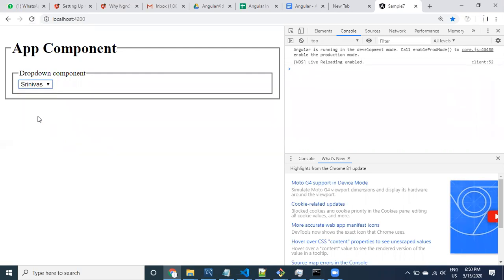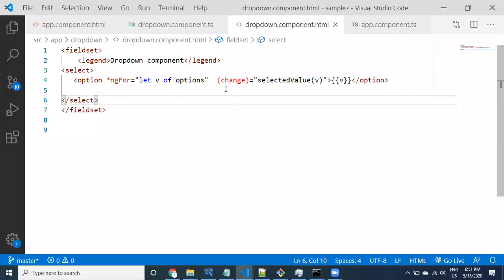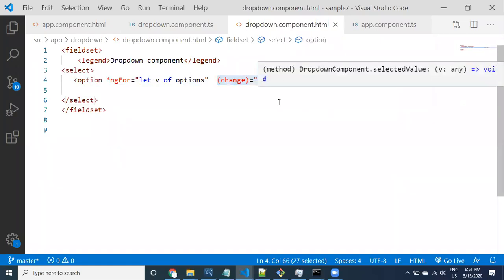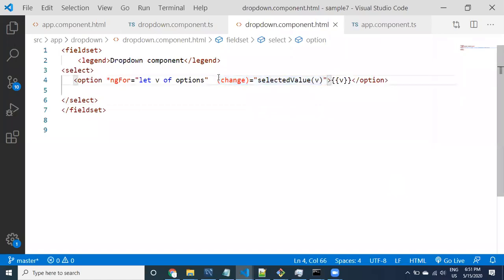One second, give me a second. The small mistake that we have done here is that the change event is not in the option.